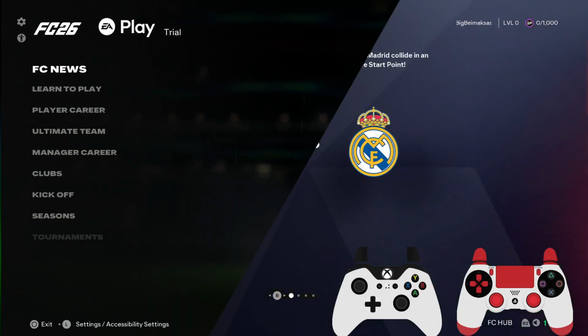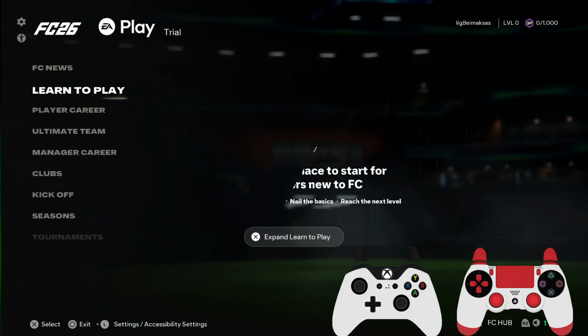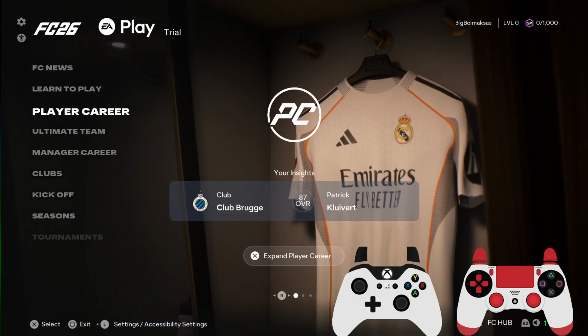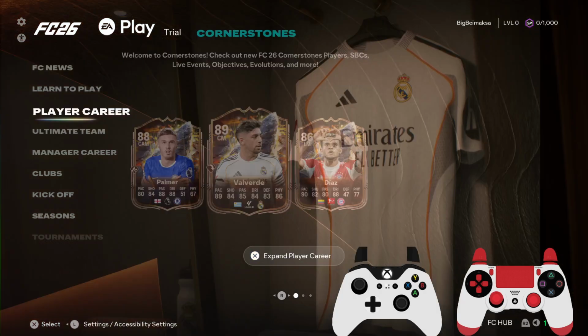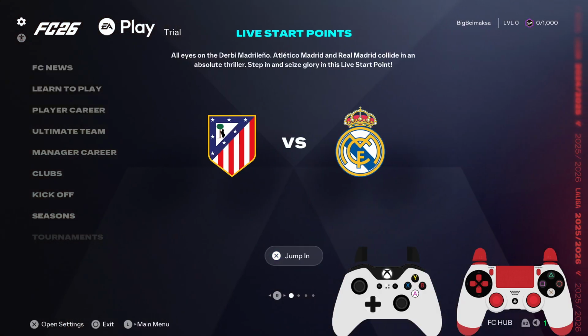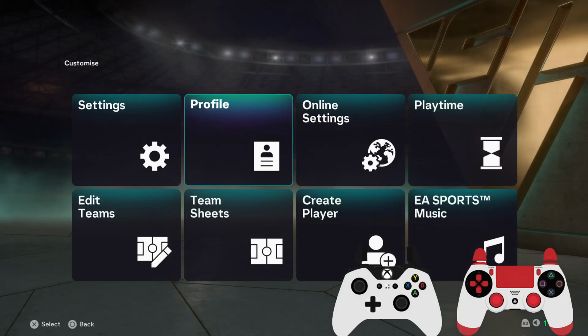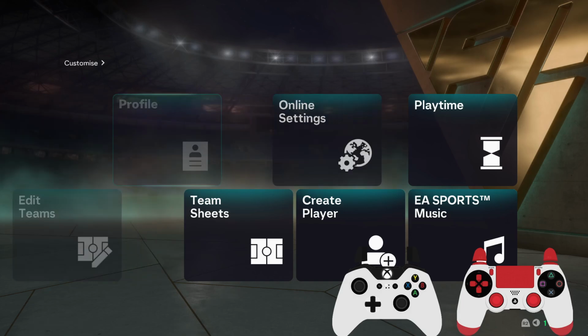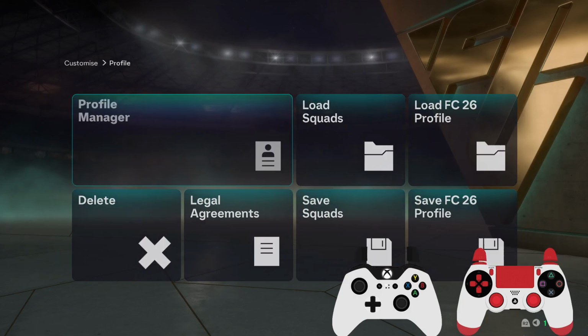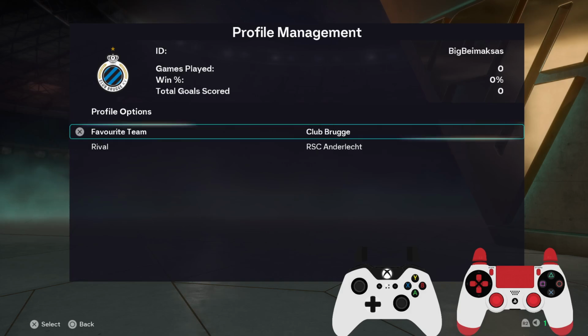Welcome guys, and today I'm going to show you how you can select a custom player and a different team for a practice arena. So what you'll need to do is go straight to the settings, right here, the settings icon, and right here you'll need to go to your profile, go to Profile Manager, and right here select your